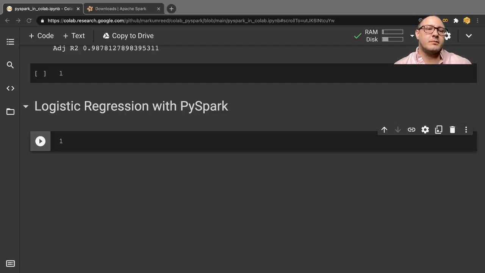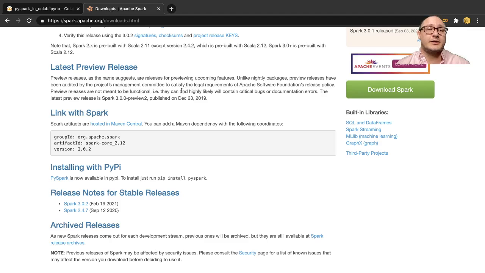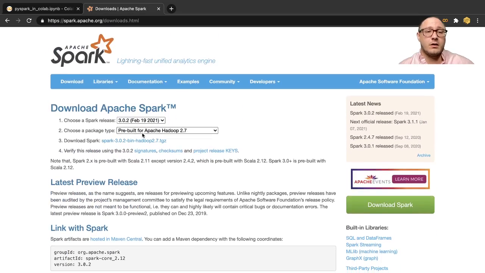Today we're going to be talking about logistic regression with PySpark. Now first off, we need to have a little bit of an update. There has been an update to Apache Spark. We are now on 3.0.2. And so for those of you that have always been following along, we need to do a little